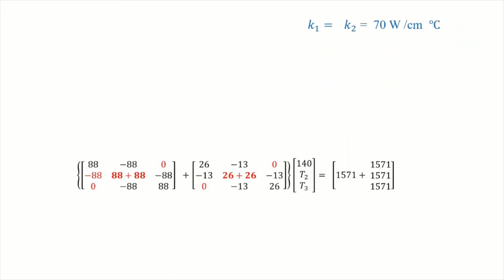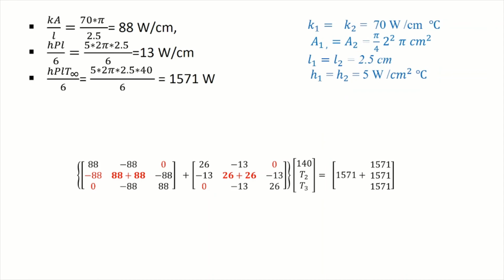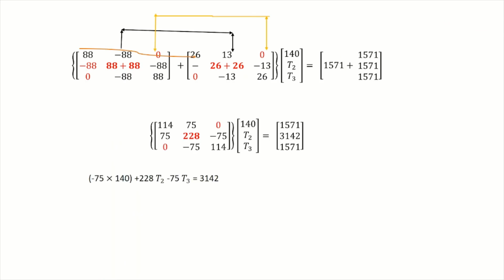Now we will substitute all the values: K, A, and L. The area and perimeter are self-explanatory. You can check how to calculate area and perimeter. I substituted all the values here, and after substituting we get this term. Got it? You can see that in the second node everything is added. This is the point where everyone makes a mistake. Why is it being added? Because node 2 is being shared, just like the India-Pakistan border, Kashmir. So finally, we will get this matrix.